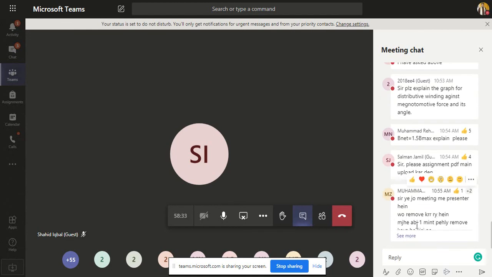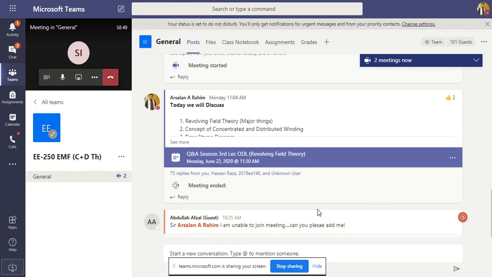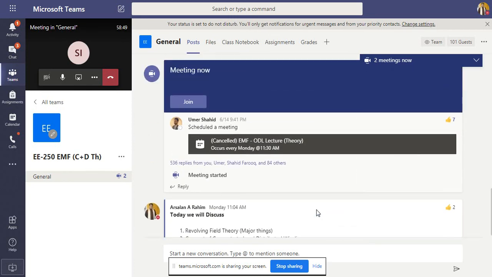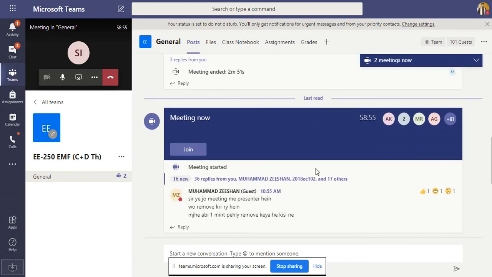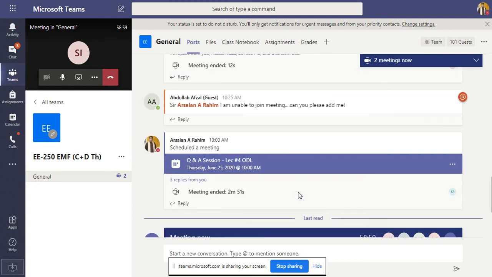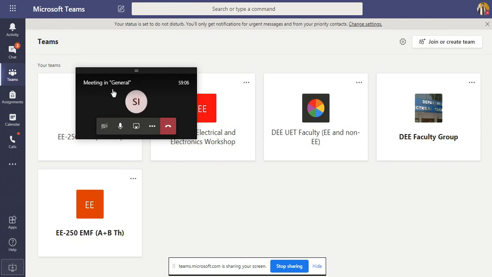I don't know, ji. Why are they removing it, brother? Beta, I had uploaded this assignment for you. This is available on the Teams section. If you have gone through it, it is available. The PDF file is available over there. Let me just show you also. I had uploaded it today, and I uploaded this one. Maybe someone has deleted it or not. I uploaded it again after this meeting. I will upload this one over there. Don't worry, I will upload it again.